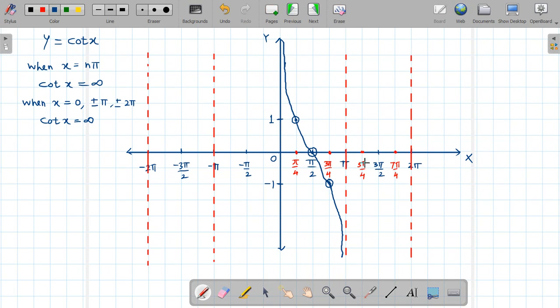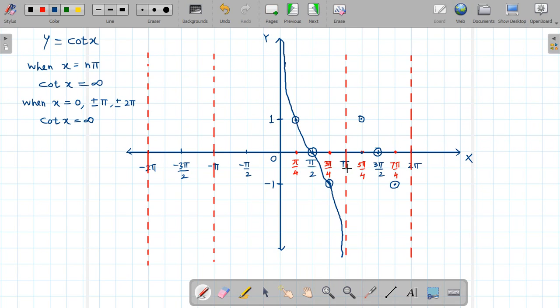Similarly, between pi to 2 pi, all of you know that cot 3 pi by 2 is 0. Similarly, if you observe, between pi to 3 pi by 2 there is 5 pi by 4. It is in the third quadrant because it is pi plus pi by 4, and in the third quadrant the cot function is positive. So cot 5 pi by 4 is 1. So we have to show the point here. Then similarly cot 7 pi by 4, between 3 pi by 2 to 2 pi, is in the fourth quadrant, and in the fourth quadrant cot 7 pi by 4 will always be negative. So it is minus 1 here. So all these three values are known to you.